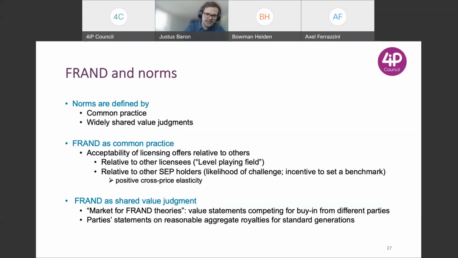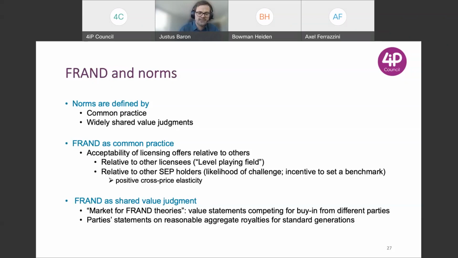And we clearly see elements of both in FRAND. I think that definitely FRAND is defined by reference to common practice. We see that clearly playing out in the decisions of third parties that are asked to intervene in SEP licensing disputes, where very frequently comparable licenses or other company statements about what they believe is the FRAND value of a certain standard are regarded as relevant. But also there are economic mechanisms which mean that if your licensing offers deviate too much from what your negotiating partners experience as normal practice, you're creating incentives for the other party to challenge your patents, to sue you, or to say it the other way,